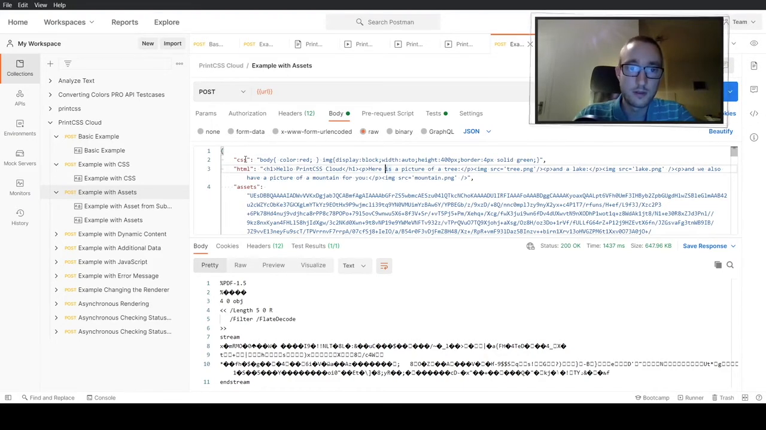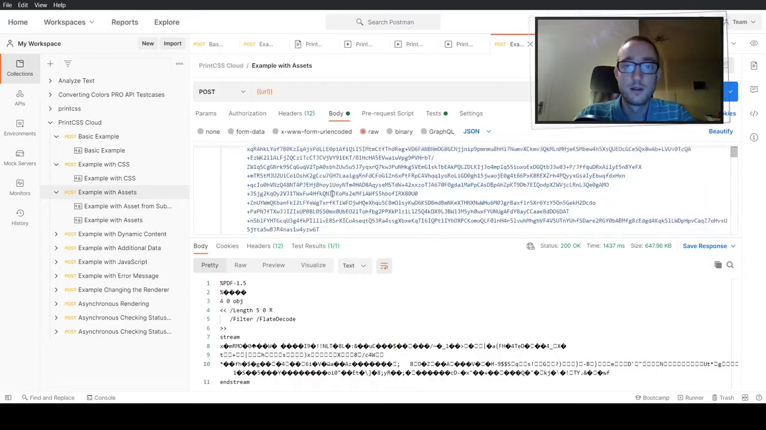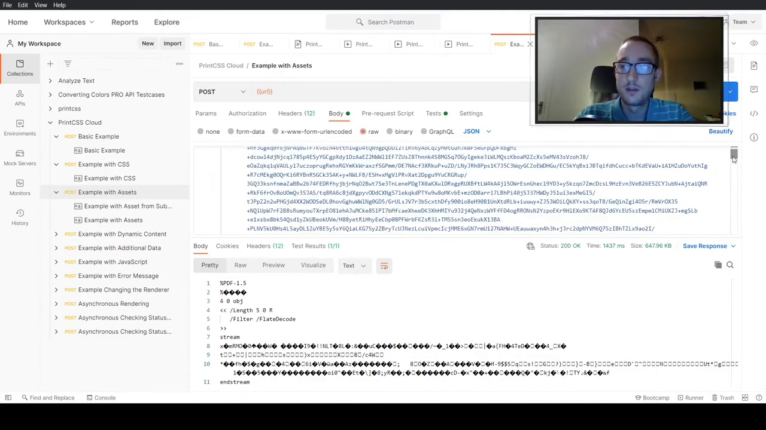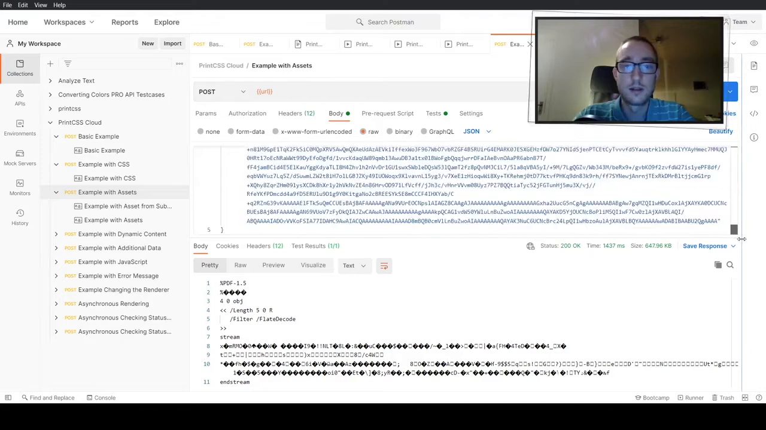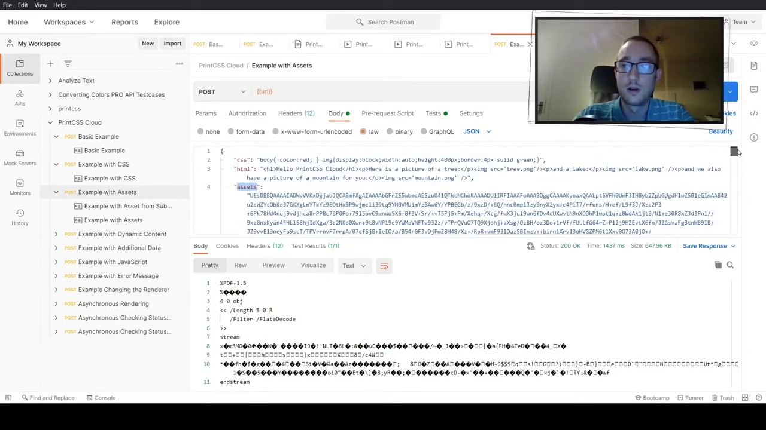So as you see, we have the CSS, we have the HTML. In the HTML, we have something like the image tag with source mountain, and then we have here the assets key, and there is the base64 encoded zip file. That's a lot, and then simply the JSON object closes. So if I render this,